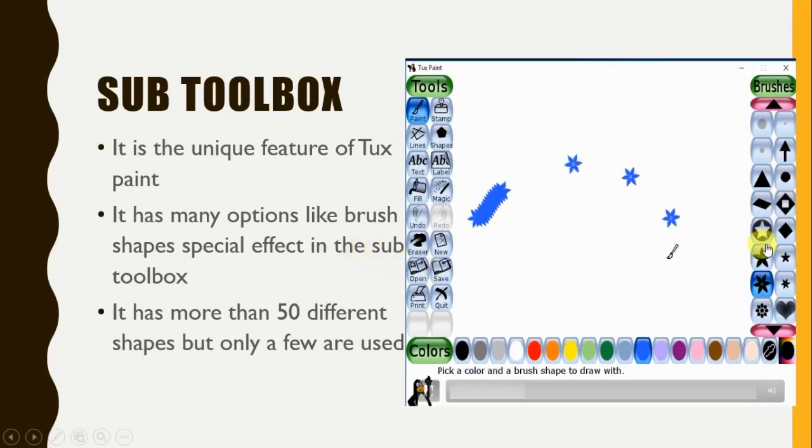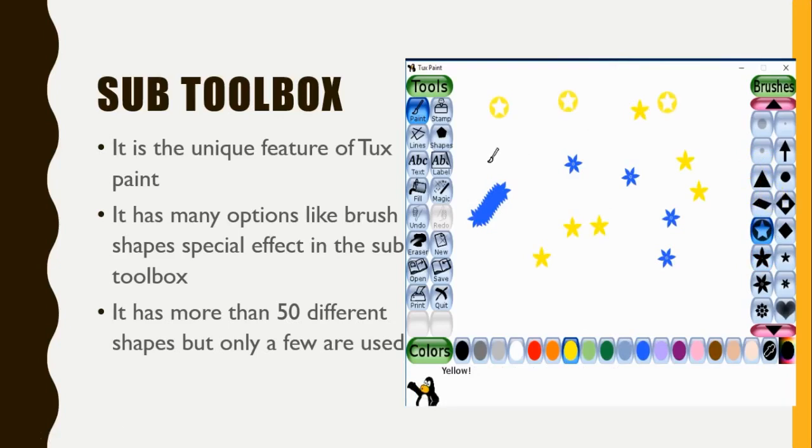Okay, many options of brush. देखो यहाँ मैं different effects दे रही हूँ. Like flowers मैं select कर रही हूँ. Different colors of those flowers I am selecting. There are 50 different shades, but only a few are used. यानी कुछ ही चीजें हम लोग use करते हैं, but there are many.